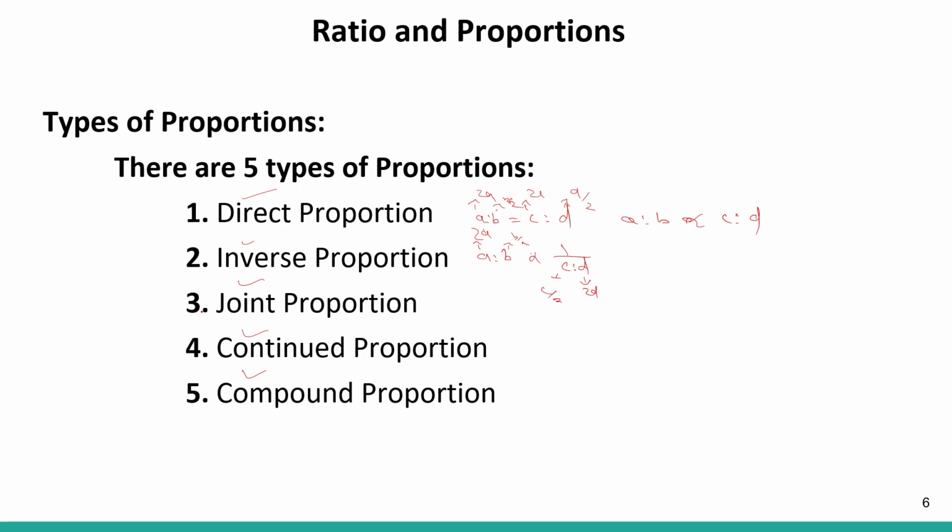Okay, so let's see the third kind of proportion, that was joint proportion. So joint proportion was nothing but the relationship among 2 or 3 ratios. So A is to B, C is to D, E is to F. If there is any kind of relation between these proportions, then we say that that kind of proportion is called joint proportion. And what is called continued proportion? If A is to B is actually equal to C is to D, and E is to F is actually equal to G is to H, then we say they are continued proportion.